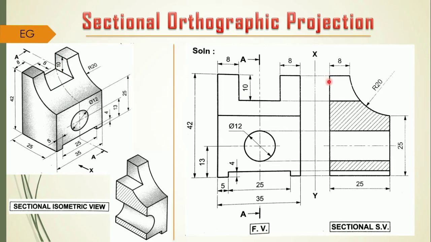So from this point just go downward by 10 mm and draw one horizontal line and leave it as it is, because further on you have to draw such kind of curvature which carries the radius of 20 mm. And then further on for this respective projected portion, you have to go to the right side by 8 mm. So from this point draw one line to this right side which is of 8 mm.